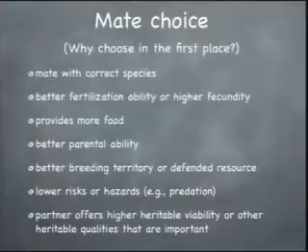It might be that you choose based on your perception of the parental ability of that individual. It might be that the individual gives you a better breeding territory or resource. Maybe the individual will confer lower risks or hazards. Or it might be that the offspring are somehow going to be better because you chose the right mate. That is to say, they'll have a higher fitness. So you're choosing in some way based on genes, how good the genes are.